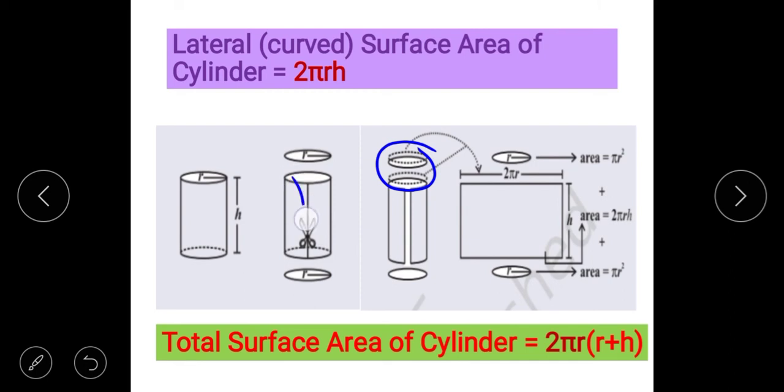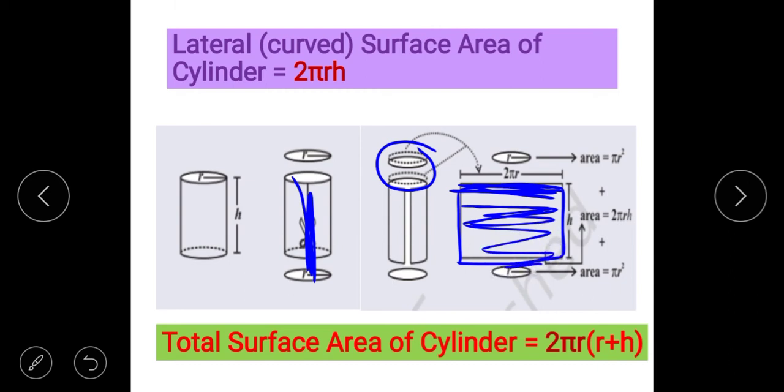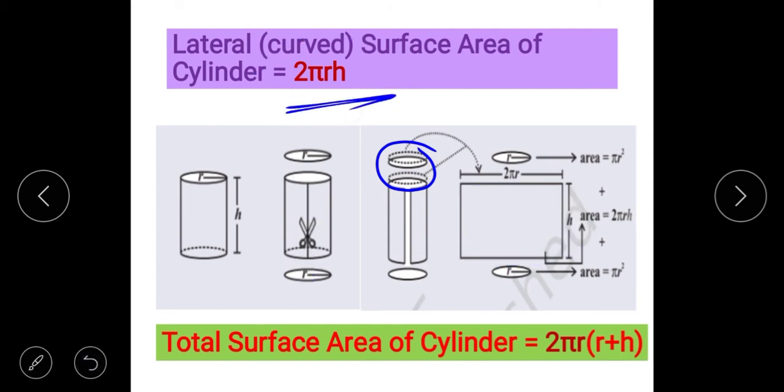So if you cut this cylinder from here, this part, okay, it will open and become a rectangle. The upper face is the circular portion of that circle. And what is the circumference of the circle? 2 pi r. So the length of this circular curved face is 2 pi r, and the breadth is h, the height of the cylinder. So what is the area of this curved surface? 2 pi r into h, or simply 2 pi r h. Okay, now you have the area of the curved surface, that is 2 pi r h.